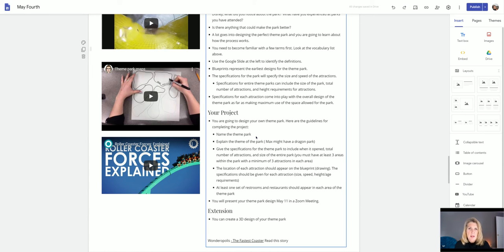A lot of you might have gone on our field trip to Kings Island last year. And when we did that, there are different sections of the park. There's a kiddie park. There's the part where some of the busier rides are. There's the part where all the games are on that stretch. And so looking at that,